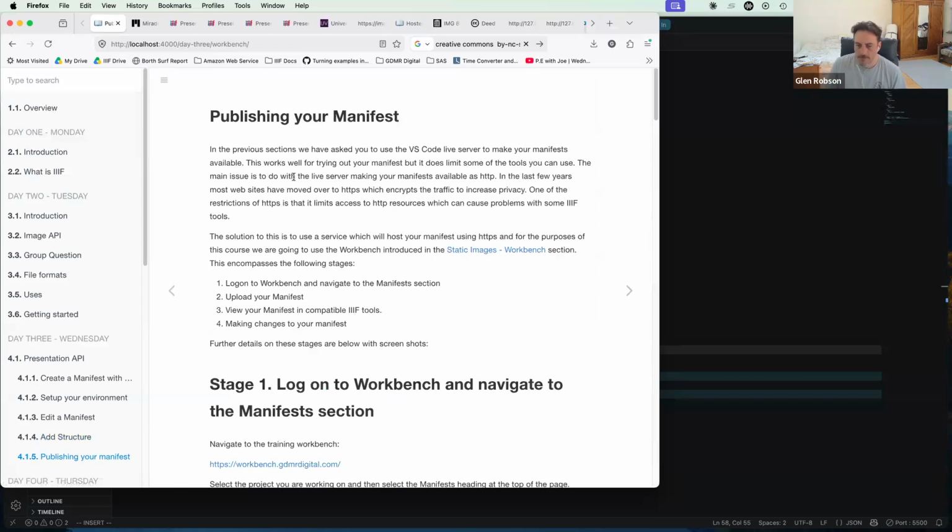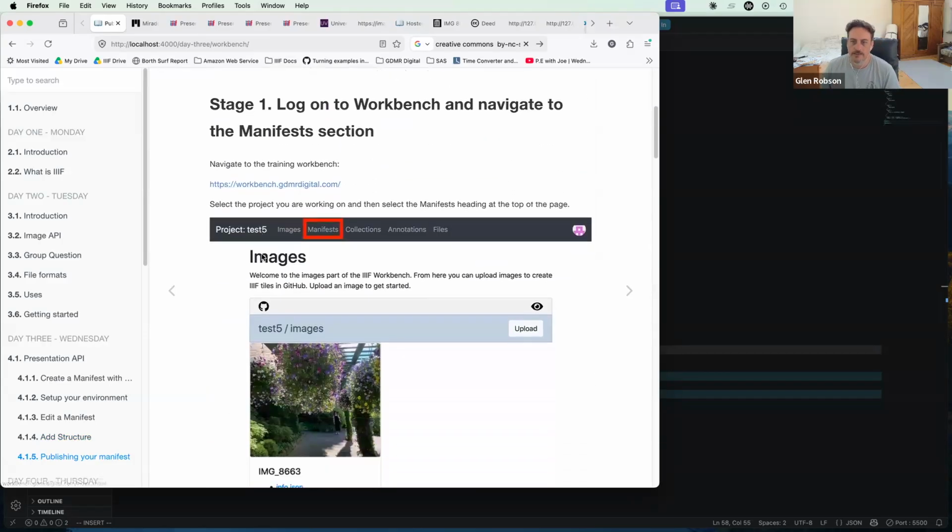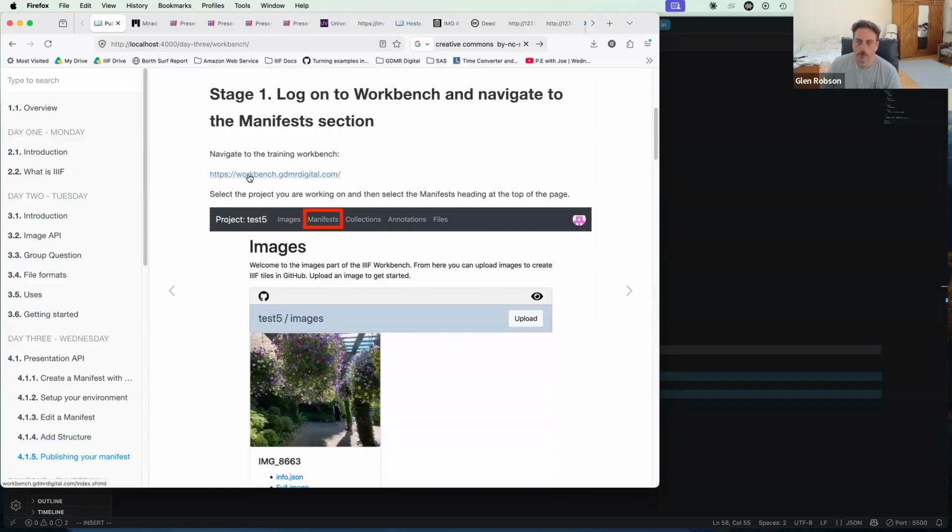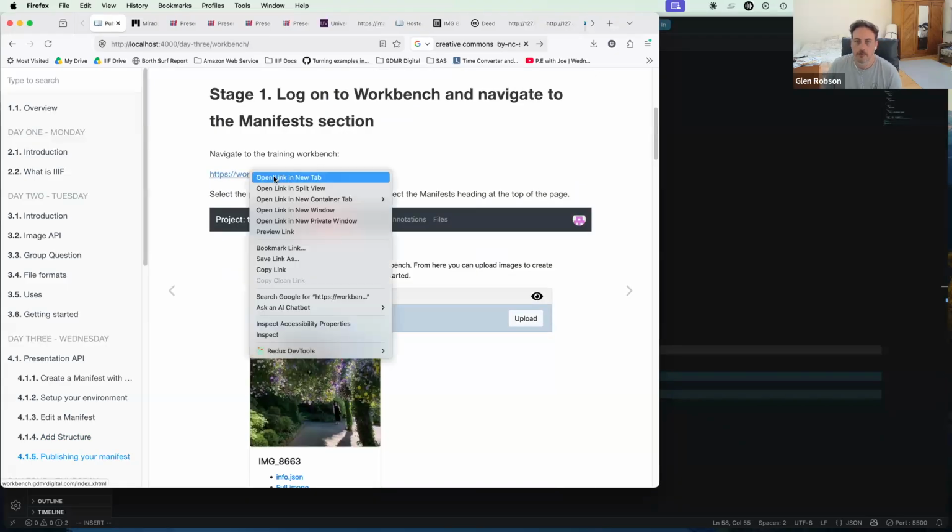Okay, the final step is that we want to publish our manifest. We've been using this live server, which has been great for editing the JSON. But if you want to share it with other people, or see it in various other tools apart from the Universal Viewer and Mirador, then we really want to publish our manifest on the internet to make it available to others. What we're going to use is the workbench, which is something we've developed for the training. So if you open this up in a new tab,